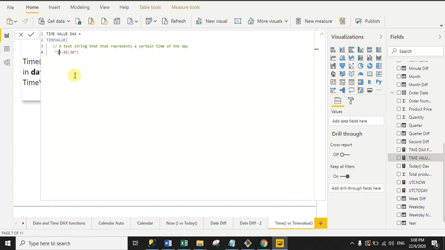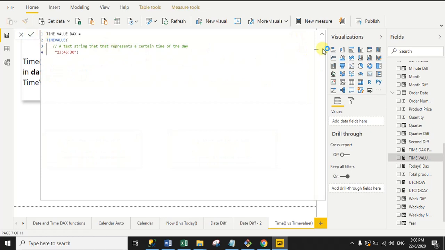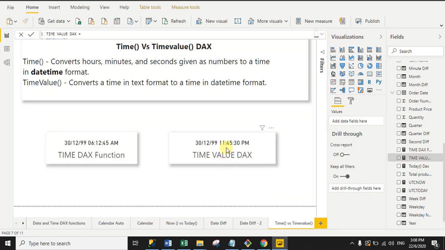Suppose I pass 23 hour 45 minute 30 second. So it will return 11:45:30 PM, right, with date. I forgot to commit, so just click commit, and now see the time. See, 11:45:30 PM.